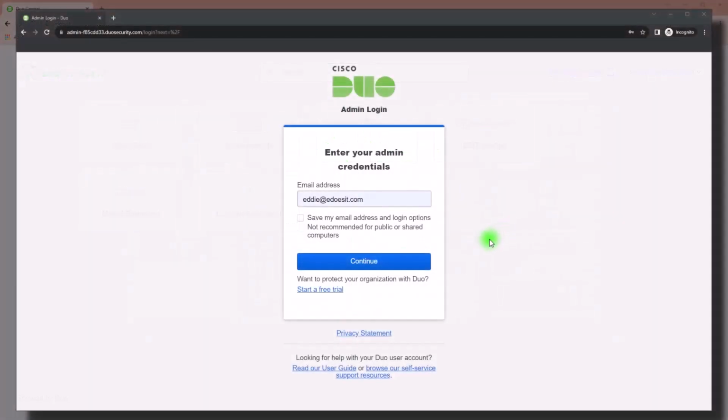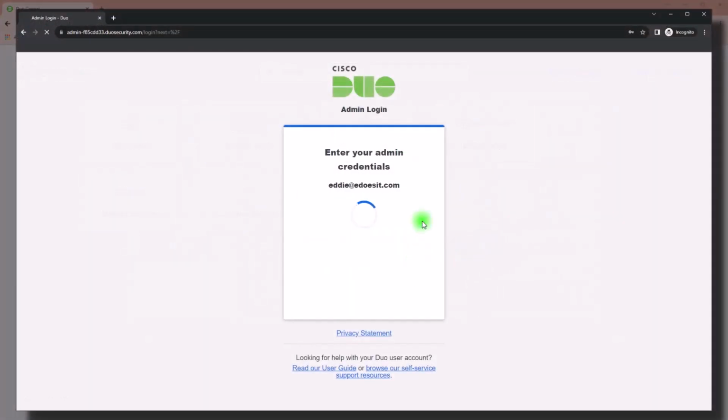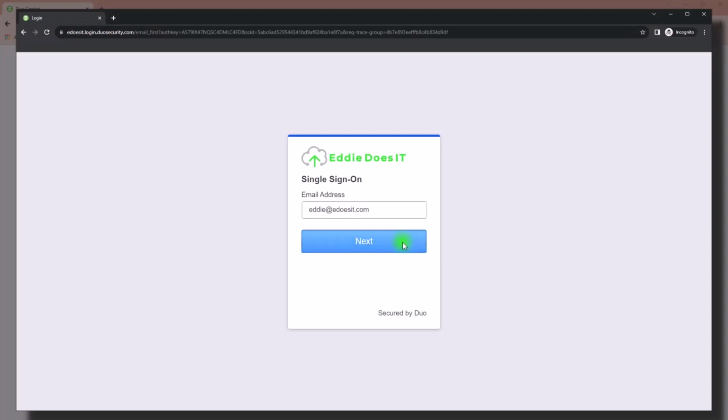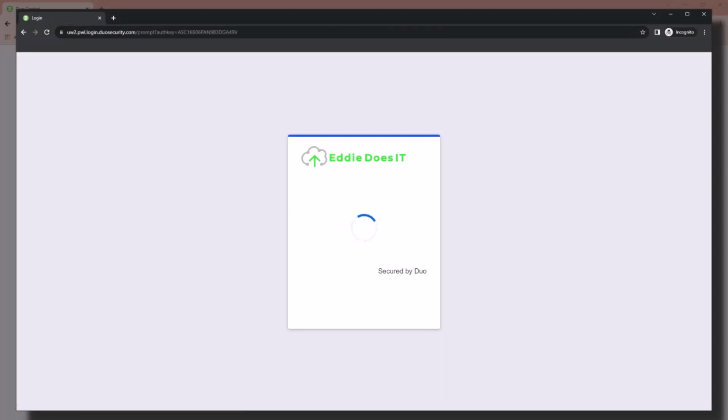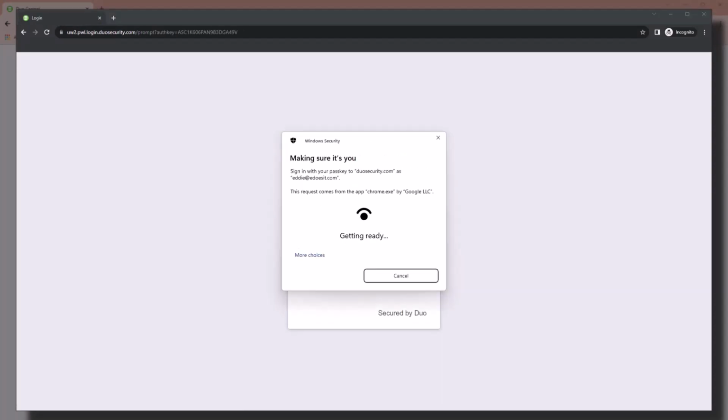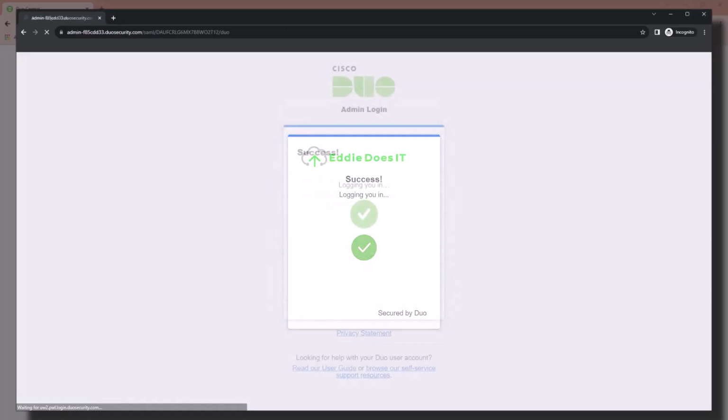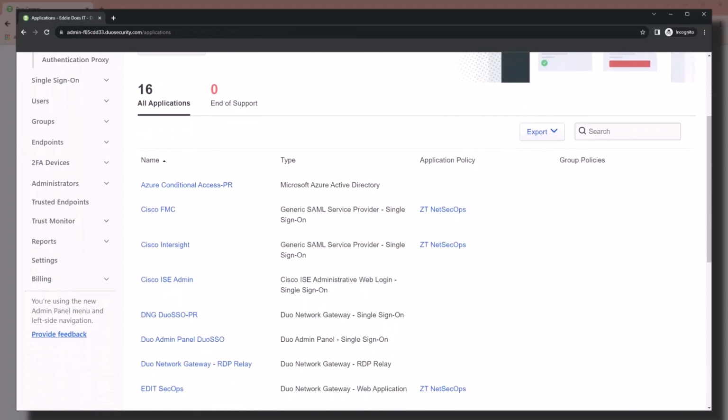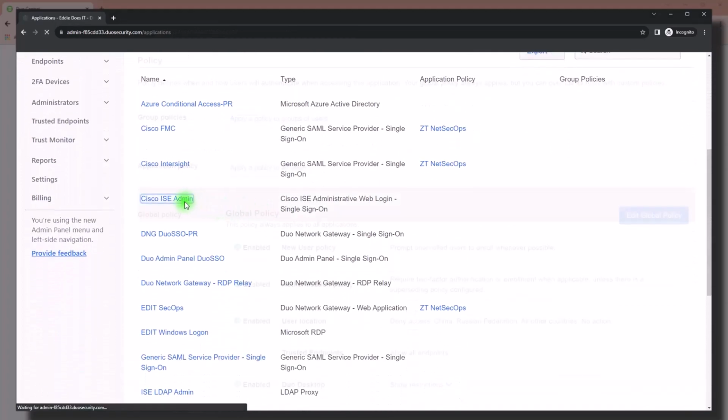Now I'm going to log into the Duo admin panel using Duo Single Sign-On. Once I pass primary authentication, I'll be prompted for secondary authentication using Windows Hello as my passwordless authenticator. Once logged in, I'm going to open up the ICE admin application, and in the policy section, we're going to